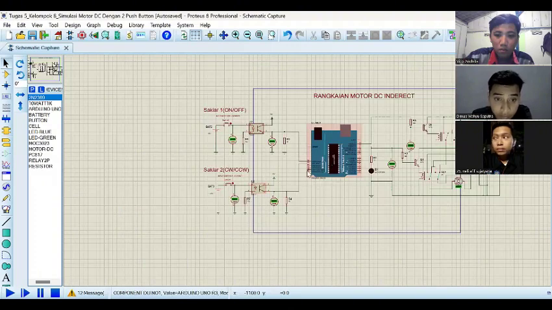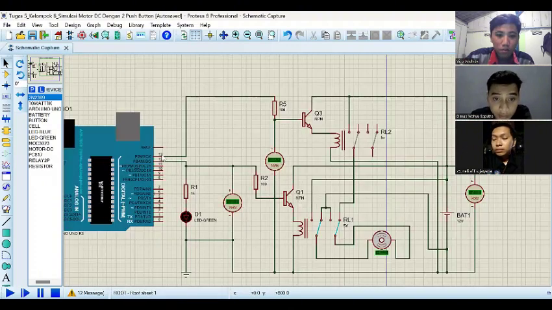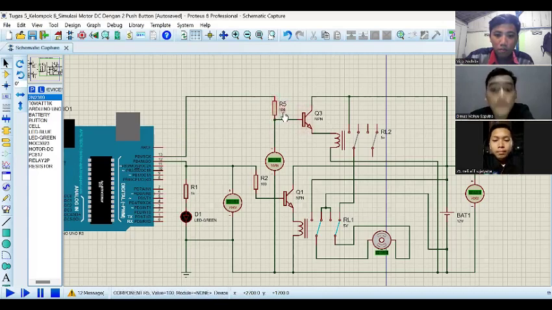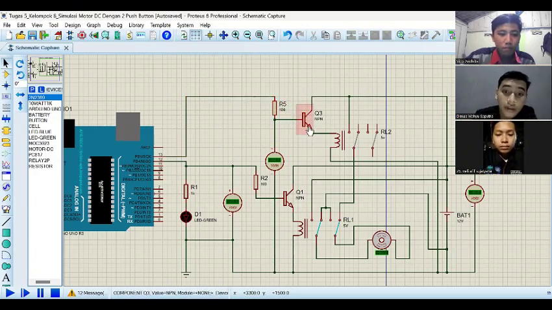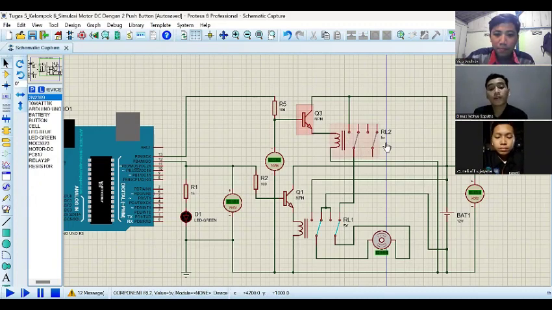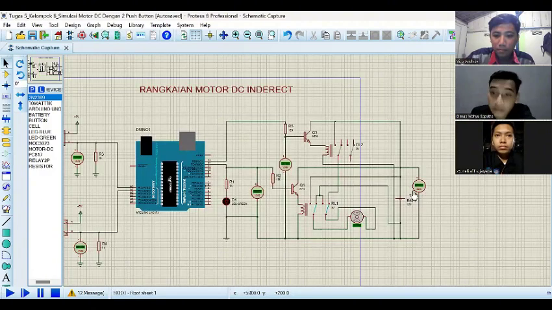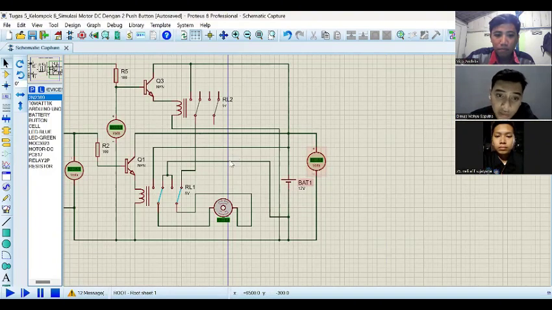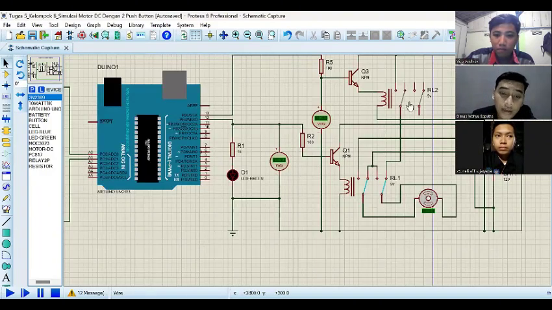On pin 13 there is a resistor of 100 ohm connected to the collector. The collector leg is connected to the battery of 12 volt, and the emitter is connected to relay 2, which is connected to the motor.